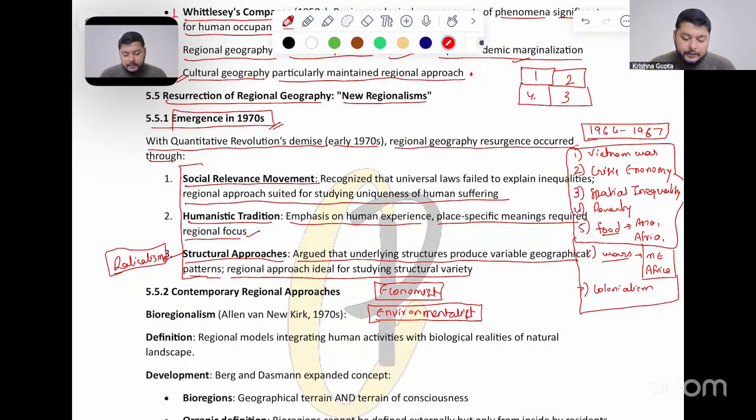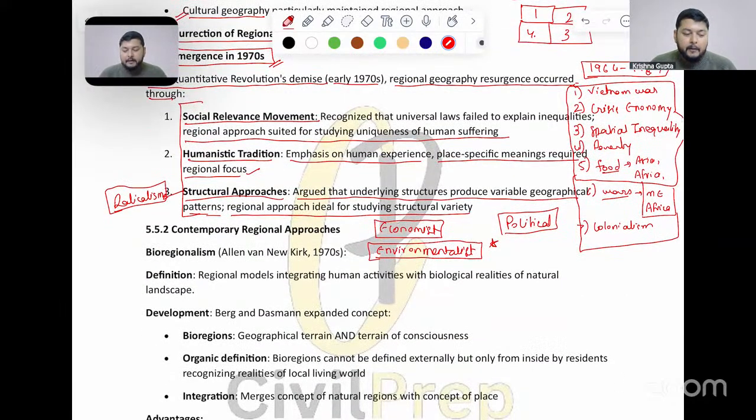So this was one of the issues highlighted here as a part of the structural approaches. The same thing goes for the political aspect also. These things were prevalent in that time period, and they are present right now also, but these structures have become stronger, and they are able to make various changes in the particular aspect here. Now, after this, we see the resurrection of regional geography, the contemporary regional approaches which we see in the contemporary, that is the postmodern, time,